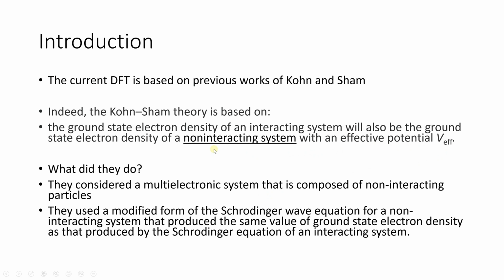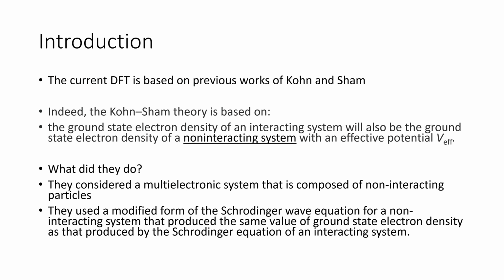Let's just say that we have a many-body system. We have a multi-electronic system in which there are a bunch of nuclei and a bunch of electrons, and when we consider a non-interacting system, we just neglect all of the interactions between the nuclei, between the electrons, between all the particles. We just have to neglect all types of interactions between these particles, whereas an interacting system is that system